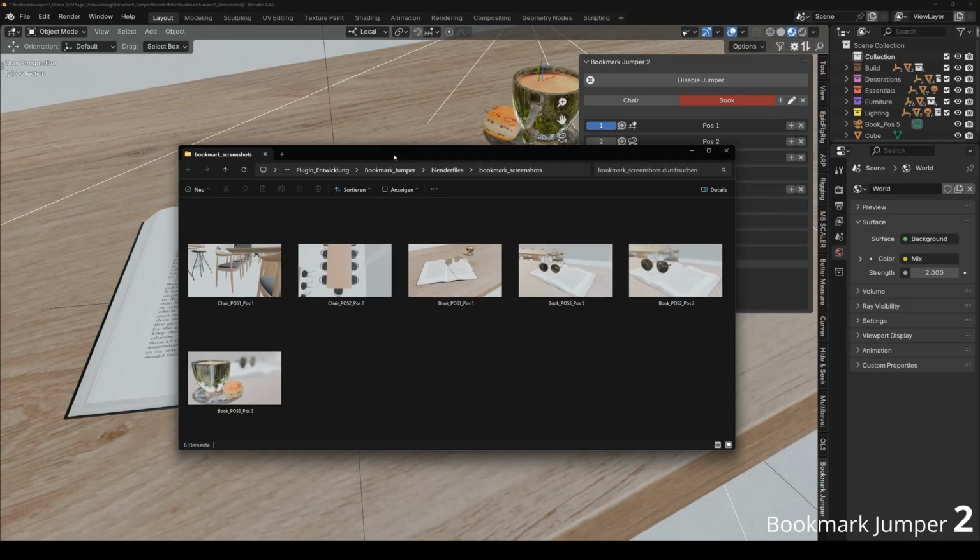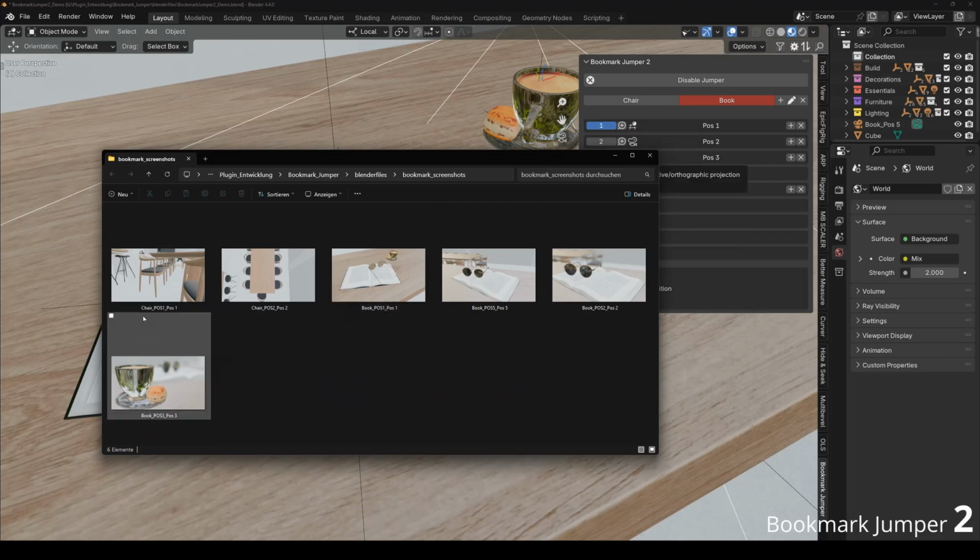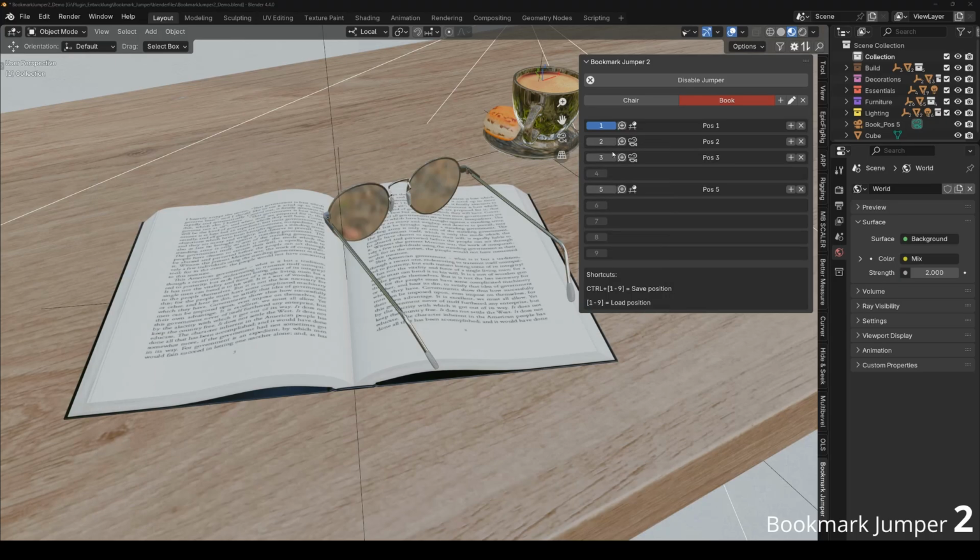So, the individual bookmarks, the thumbnails, are automatically named after the set. For example, here the set is called Chair and position 1 is filled with the corresponding bookmark for position 1. So if I want, I can also rename it directly here. If I click directly on it now, I could call it, for example, my position,